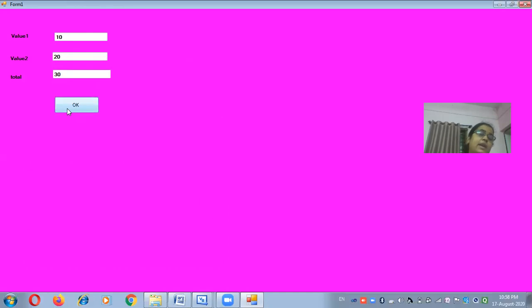After clicking on this OK button, you can change the input like this, and after clicking on the OK button, the value will be changed. So in this way you can make a simple project in Visual Basic with the help of label control, text box and command button. That's it.